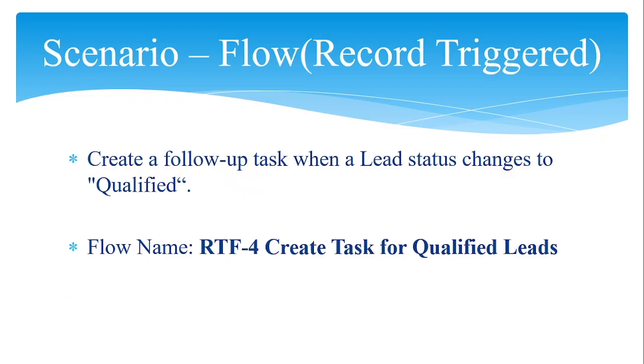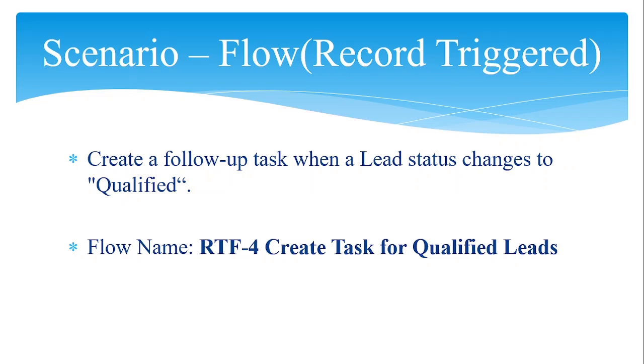So in this series, we are going to see the next scenario, that is creating a follow-up task when a lead status changes to qualified. So lead is a standard object and lead status is a field. It is of picklist type. It is having values like not contacted, working contacted, closed not converted, closed converted. So in order to do this example, first we need to add our value, qualified, in this picklist.